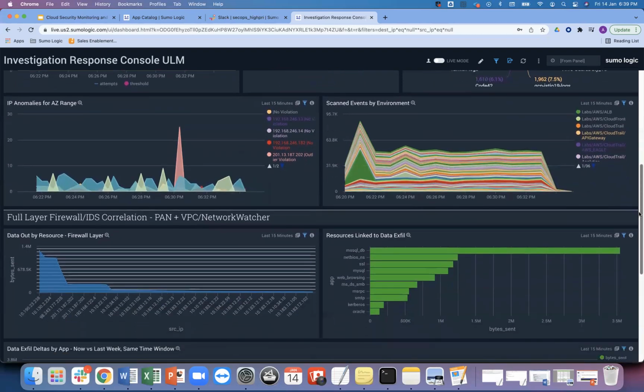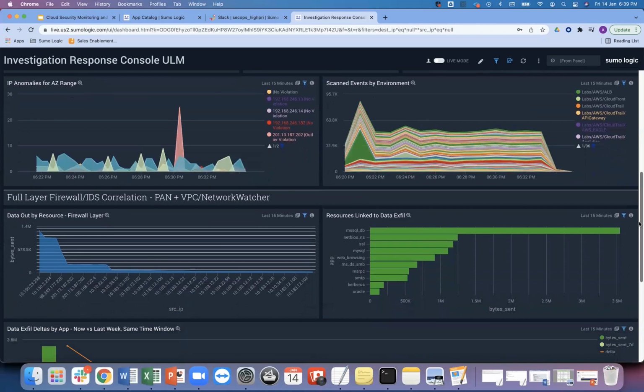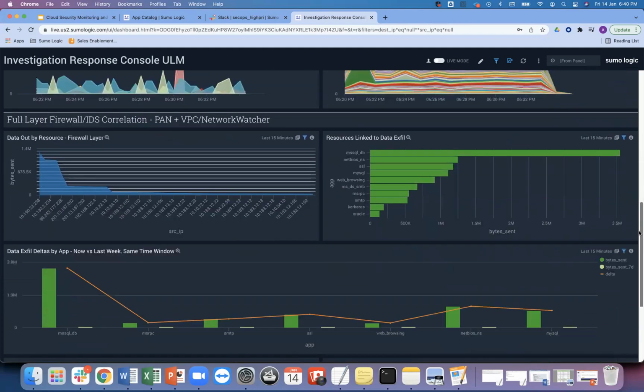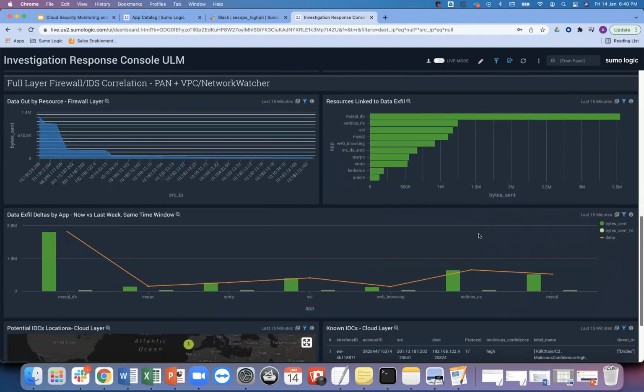Going below, I can see that there is data exfiltration happening on my database. I know that I haven't given access to my databases externally, and still I can see that things are going wrong in my environment, and the activity is much higher than what I should expect. Below, the graph will show you what is happening